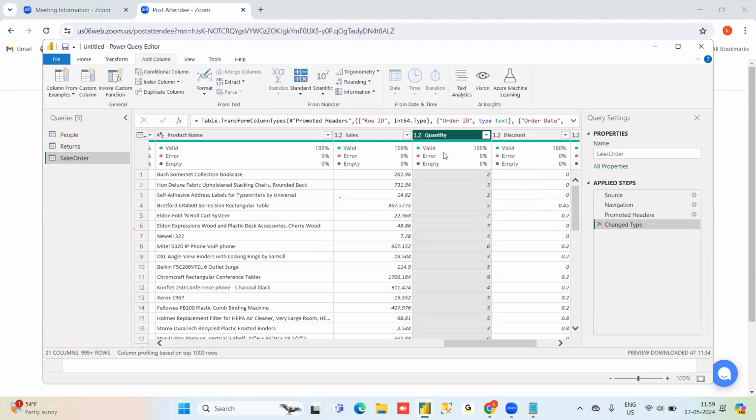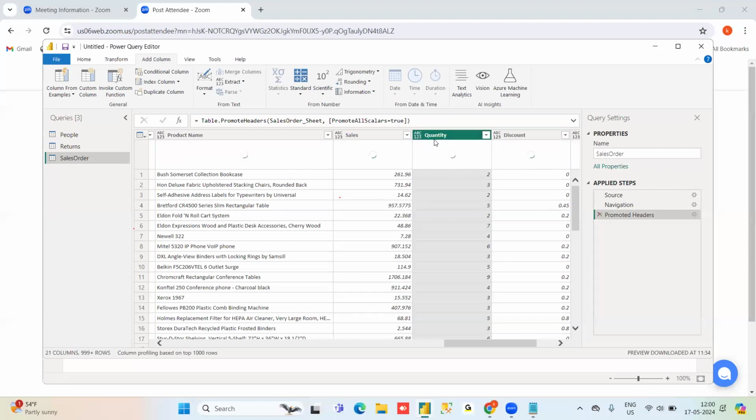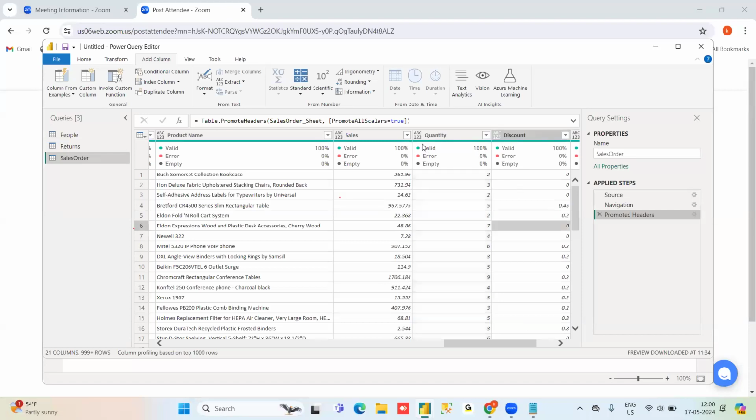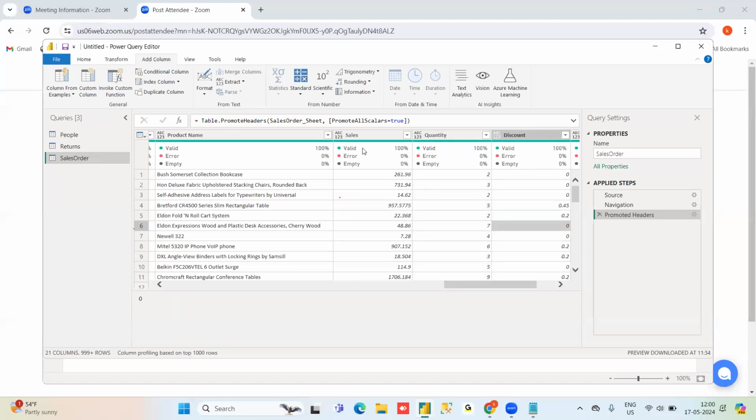So if I change it, the quantity is 1.2 now. This has changed from a decimal point of view. Okay, so if I want to change it back, I am just canceling these steps. Then this would be turned back to numerical only, 1, 2, 3 only. It is not considering any decimals. So these all are different data types.